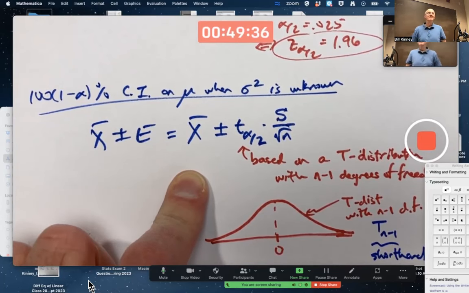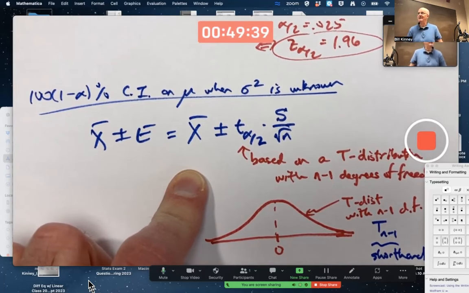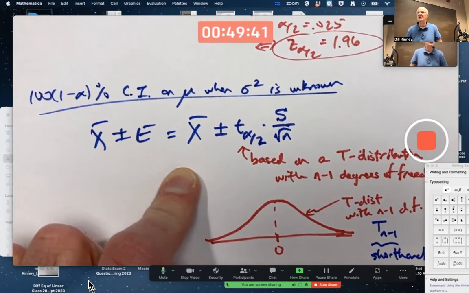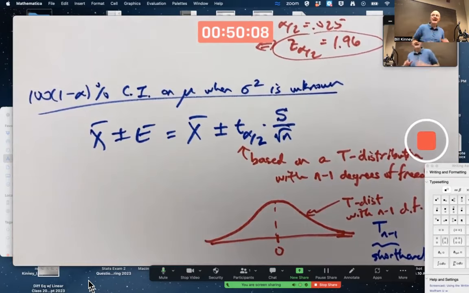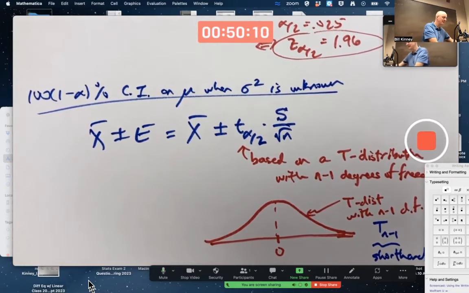But certainly, if n is less than 25 and you can tell your population is not normal, you really shouldn't use the formula if you want accuracy. You can look for more detail on these kinds of ideas online, Wikipedia. Look up robustness or something like that. Robustness of a t confidence interval to estimate a mean. And don't forget about what these things mean. Another use of the word mean.